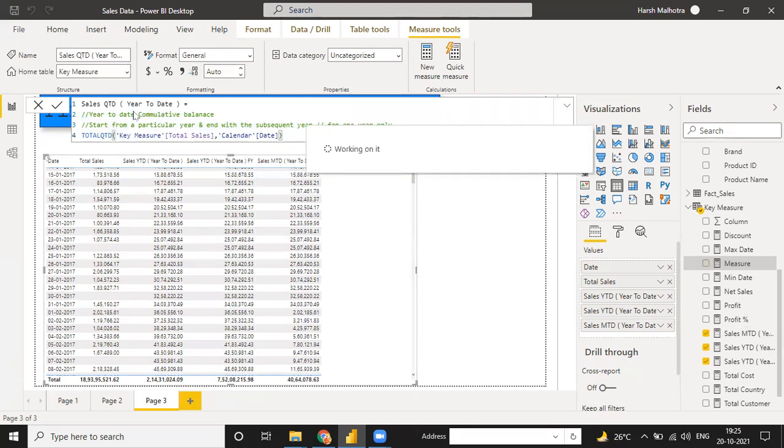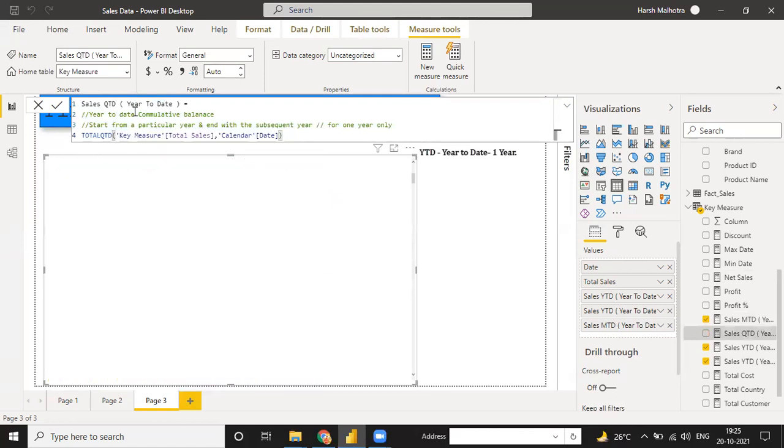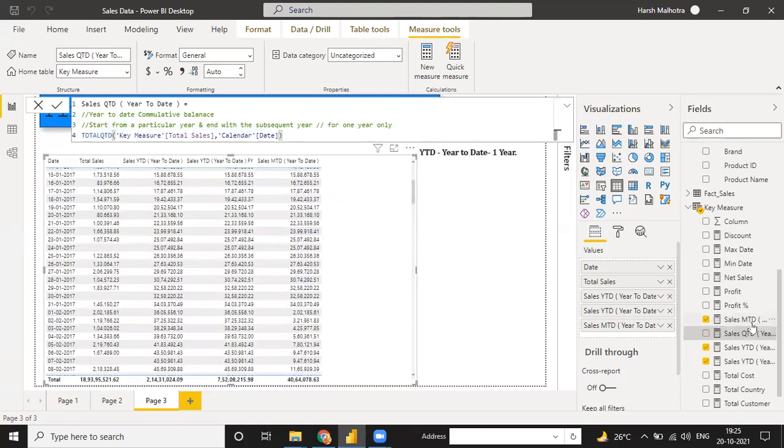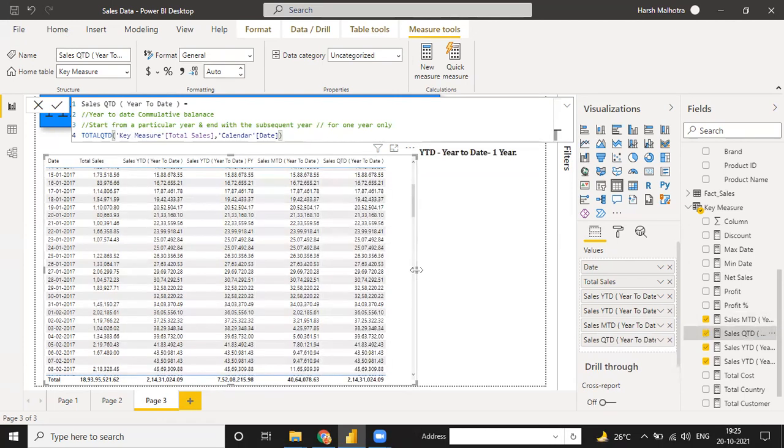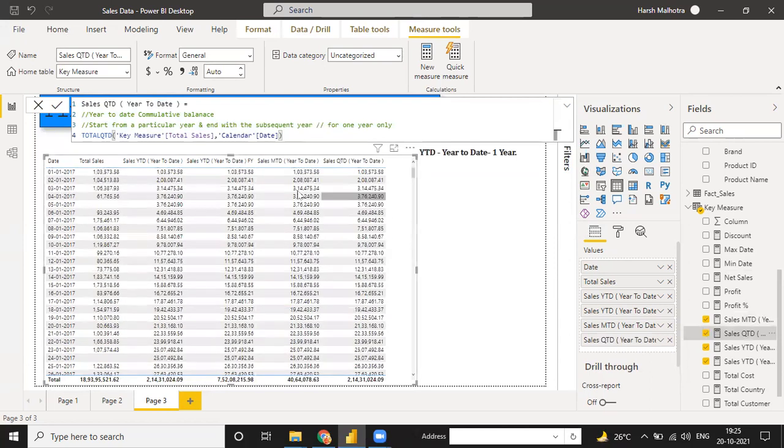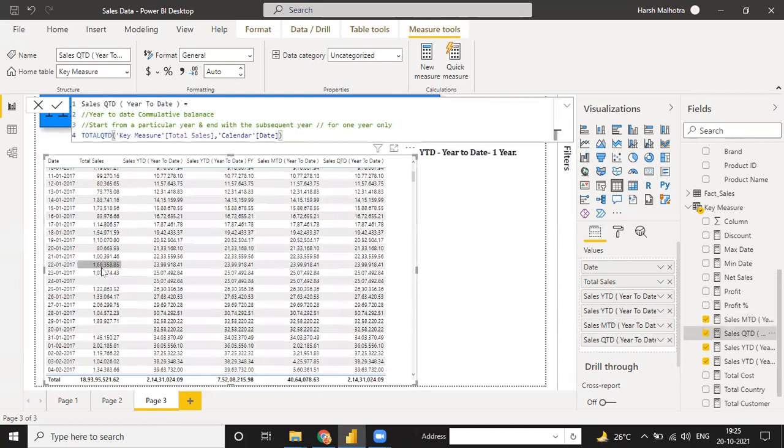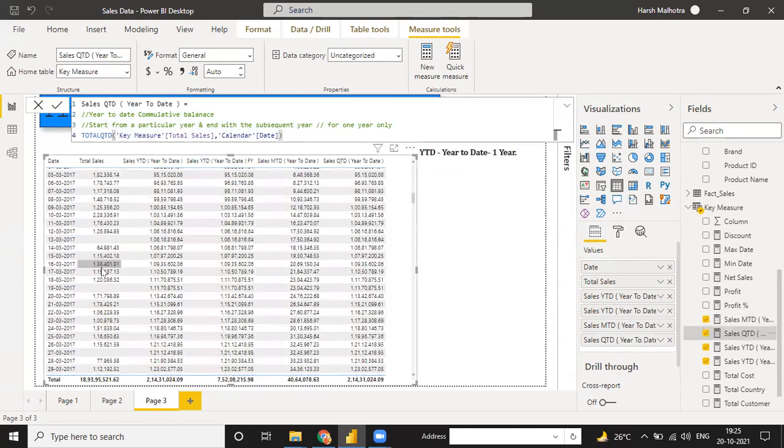And what value is QTD giving, guys? Oh, it is quarter wise. It's the total quarter wise, starting from 1st of January and ending with 31st March.